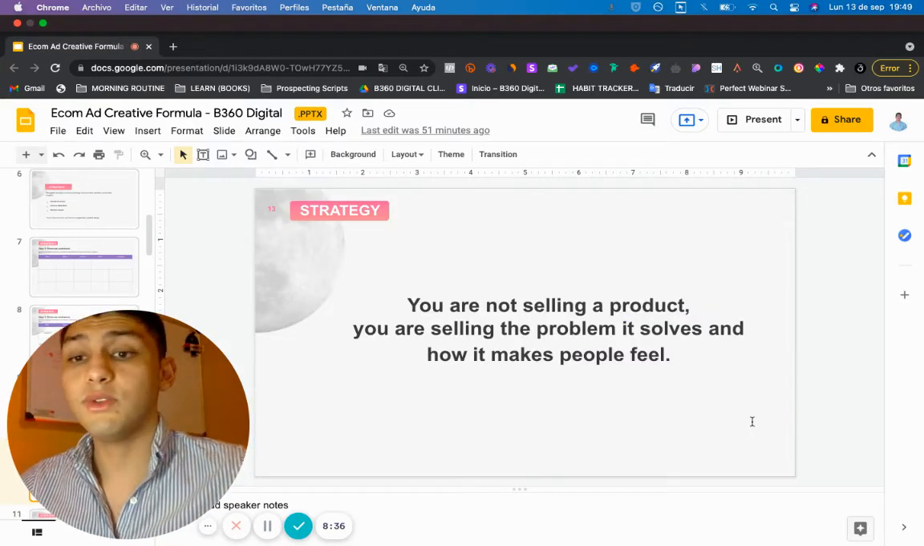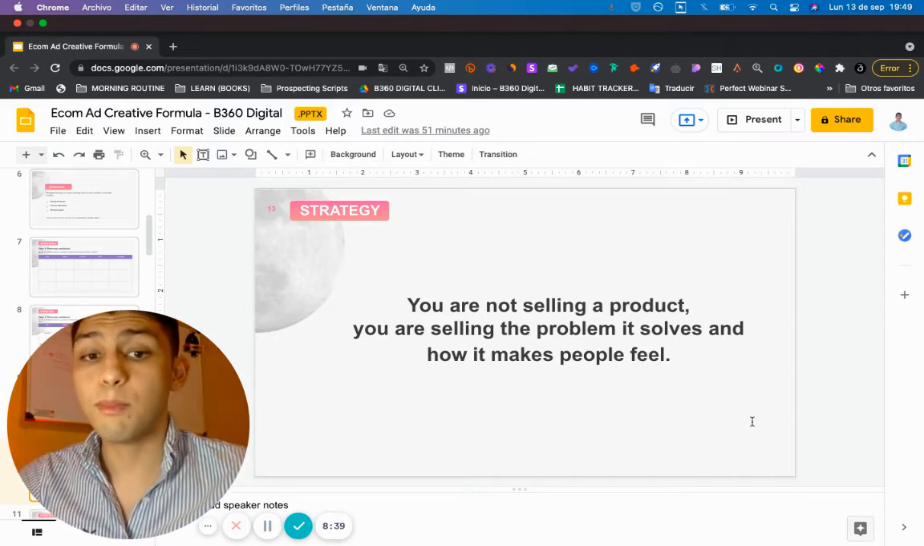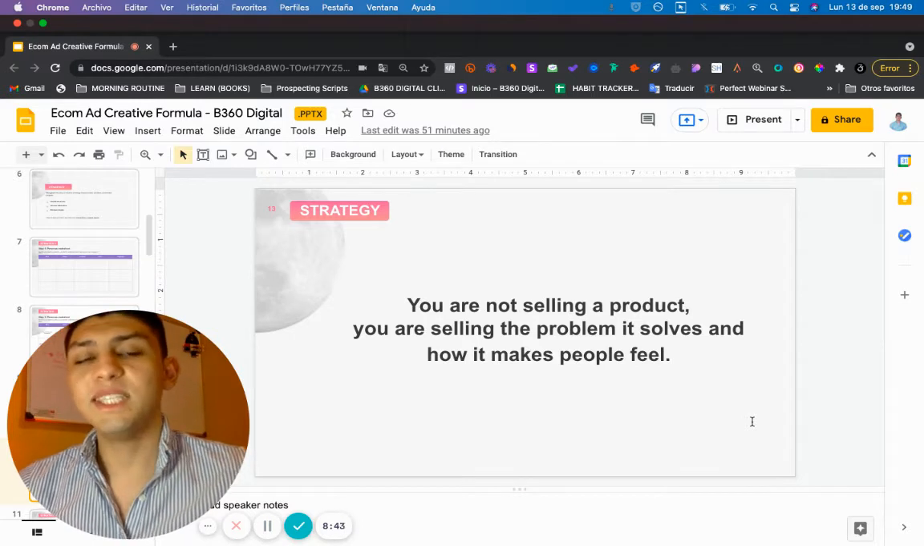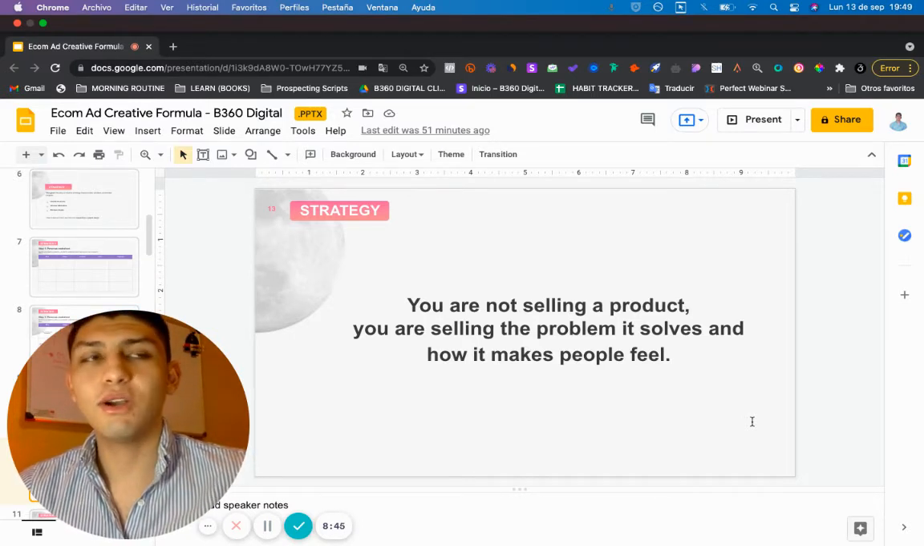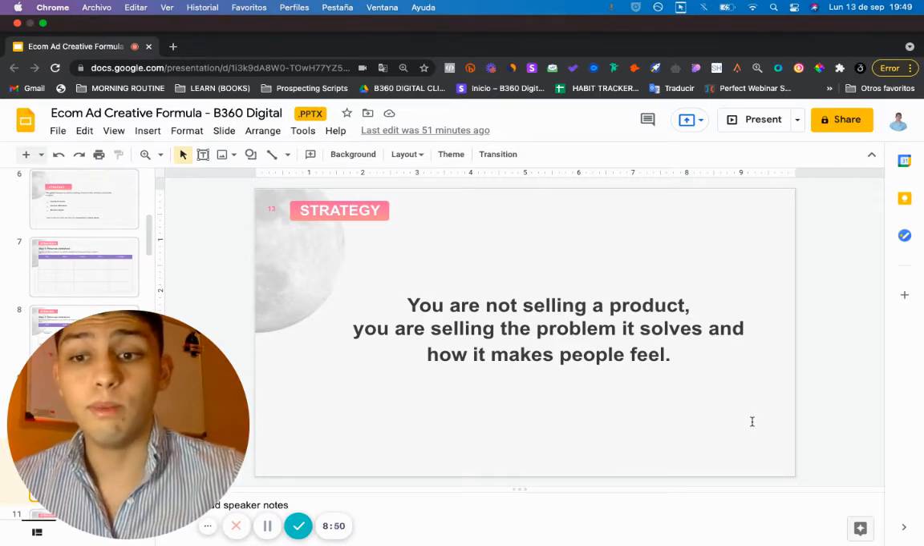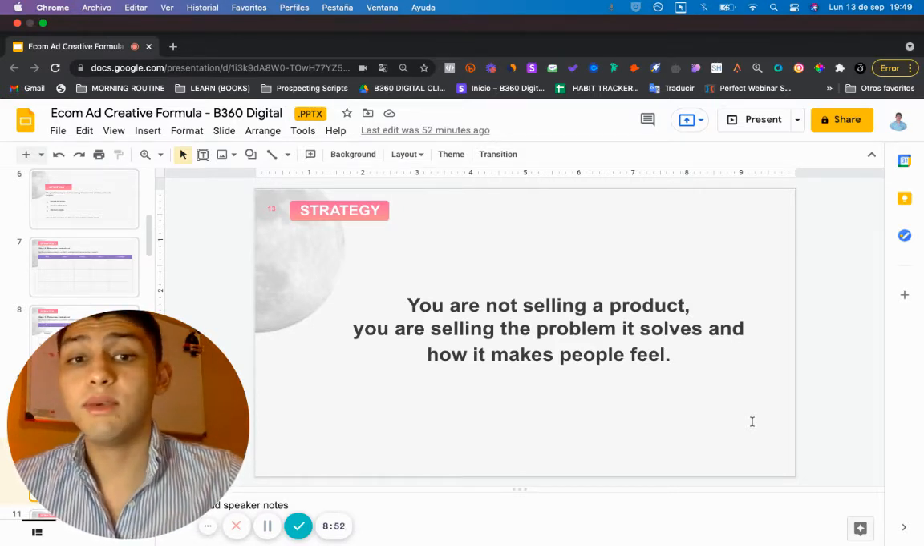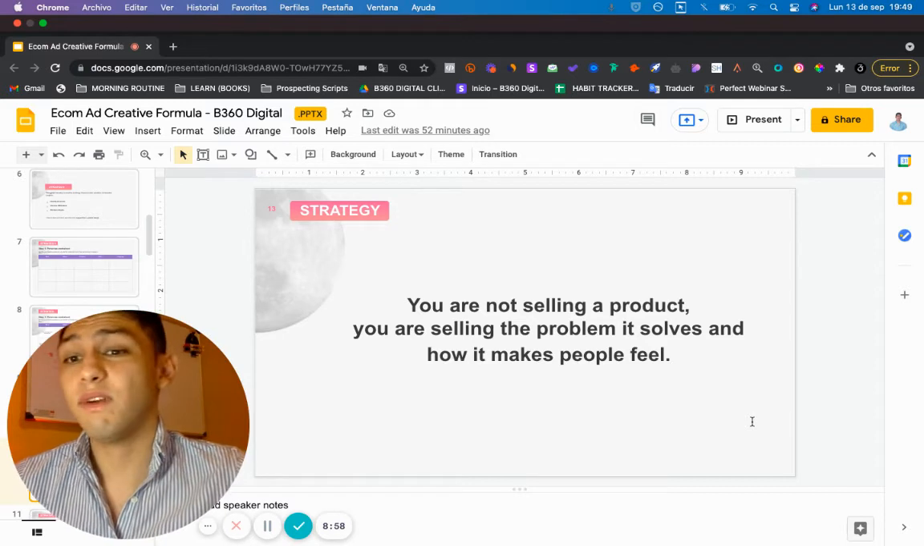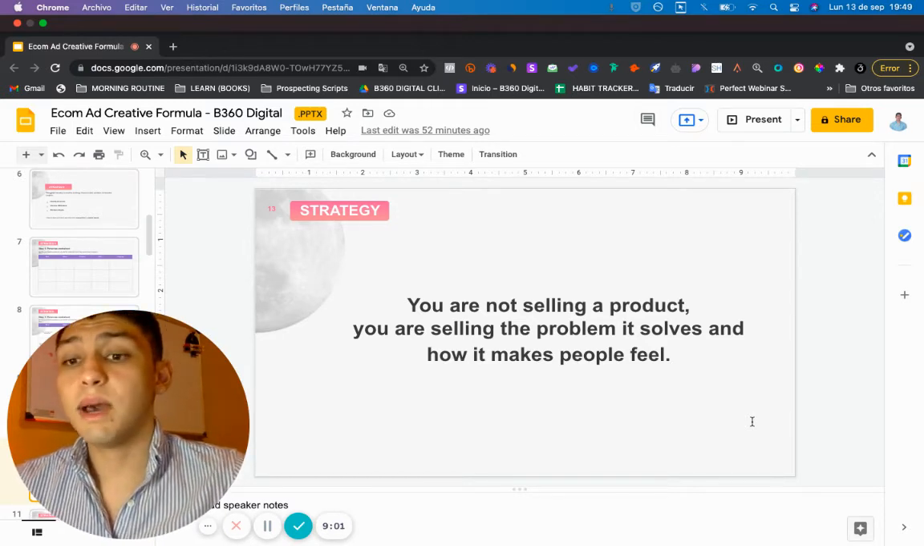And one of the main things that you need to understand is that you are not selling a product, you are selling the problem it solves and how it makes people feel. Most of the brands out there are only focusing on selling the serum, the facial mask, right? They only talk about features: if the facial mask is cruelty free, vegan, natural, organic, something like that. But to be honest, that's not something that is going to make someone